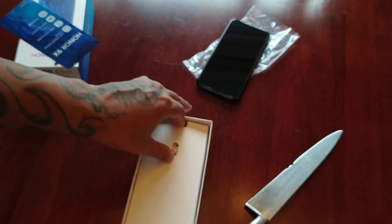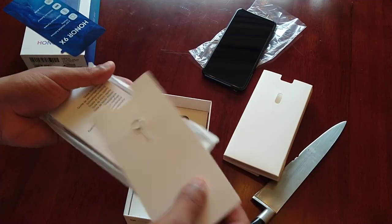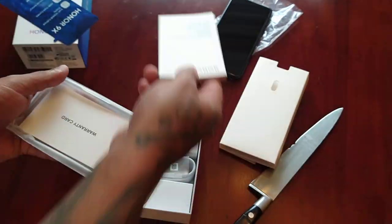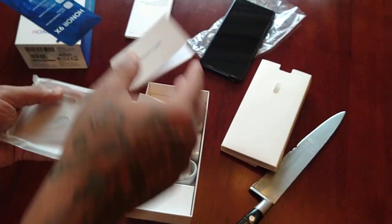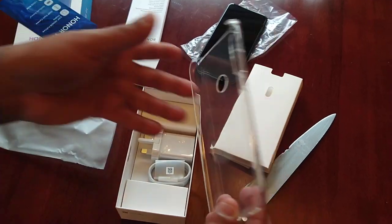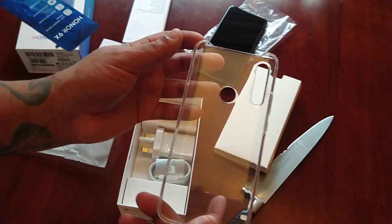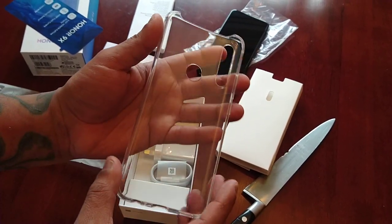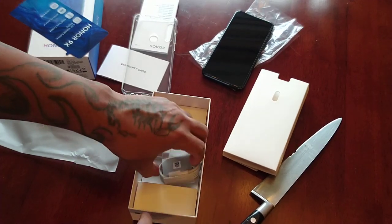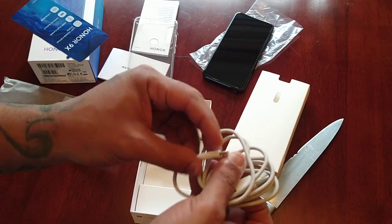Okay, let's see what else comes in the box. Okay, so SIM ejector tool and a booklet, warranty card, and wow, wow, we get a case. So it's nice that they've provided a case for us. So fresh out of the box, I can already start to protect the device until I can buy a better case. Okay, so USB type C cable,